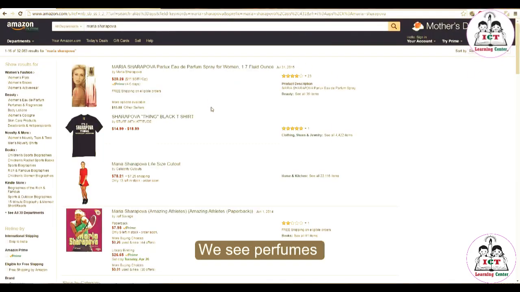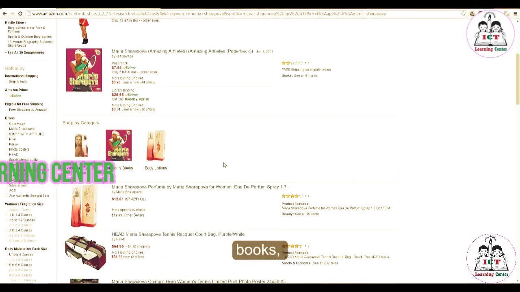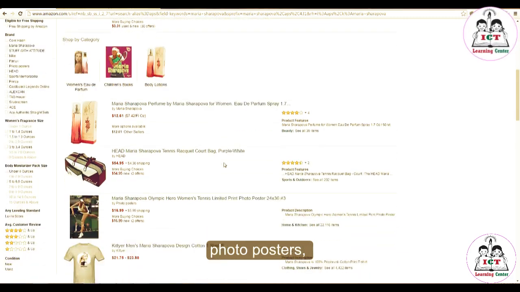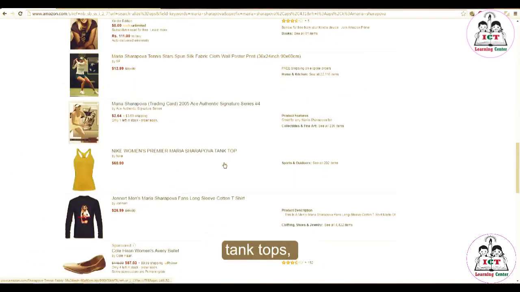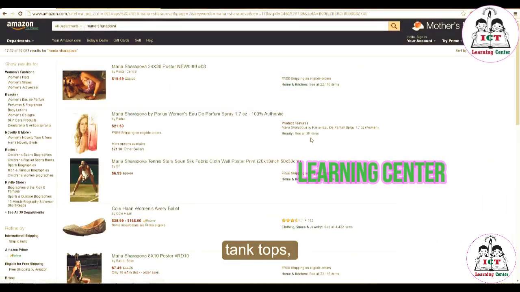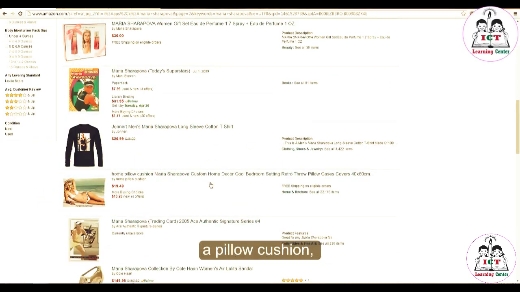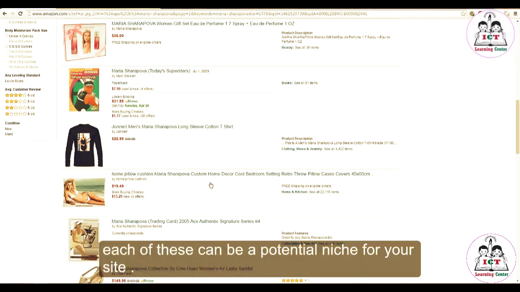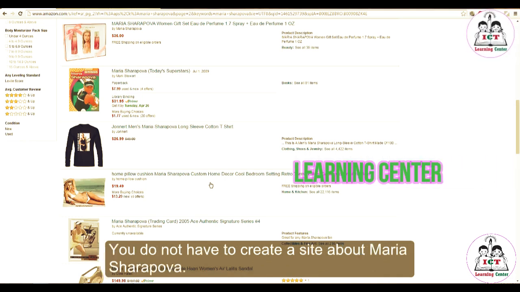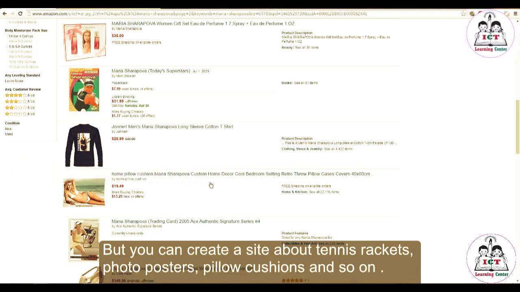We see perfumes, t-shirts, a life-size cutout, books, tennis rackets, photo posters, tank tops, a pillow cushion and more. As we discussed earlier, each of these could be a potential niche for your site. You do not have to create a site about Maria Sharapova, but you can create a site about tennis rackets, photo posters, pillow cushions, and so on.